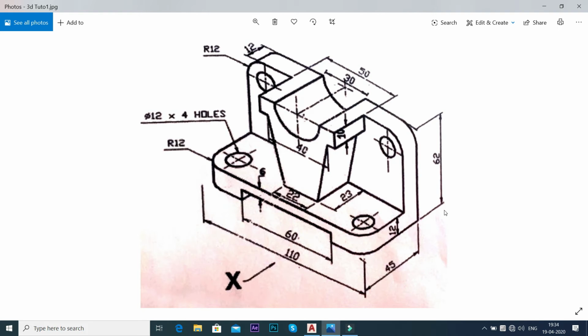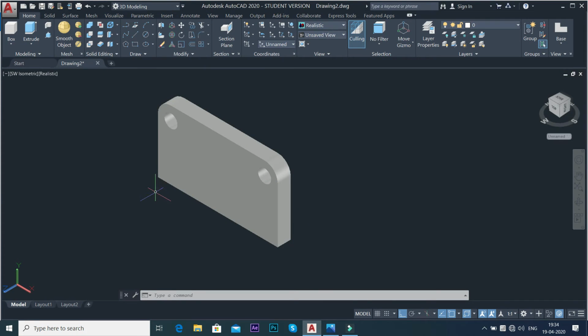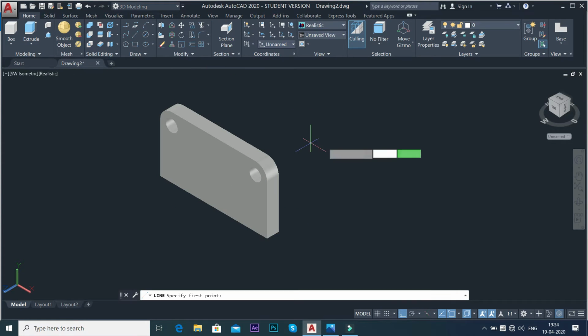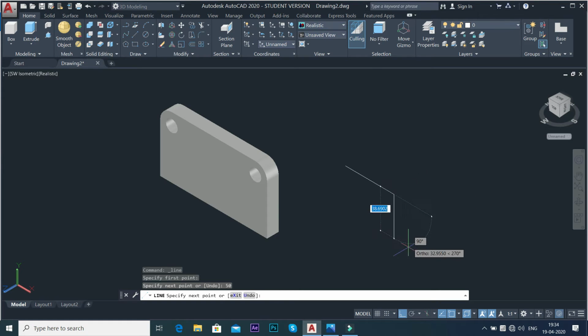Because the total is 62, and this height is 12, therefore 62 minus 12 is 50. That means the height of this part will be 50. Right, so I will go to this again. I will select this line option, select an arbitrary point, and give the distance as 50. Okay, and what we will do is drag the center point of this line and bring it